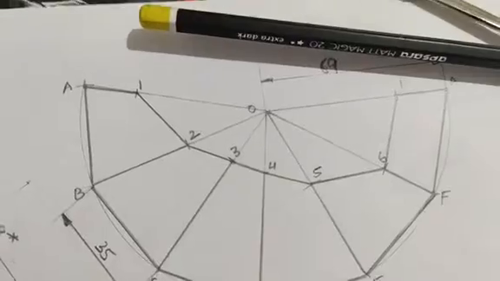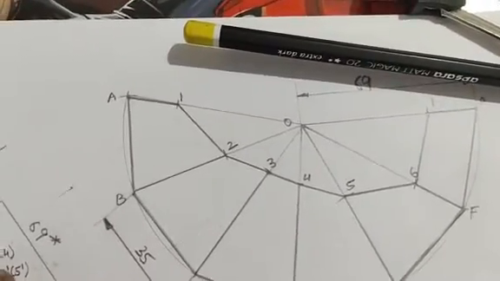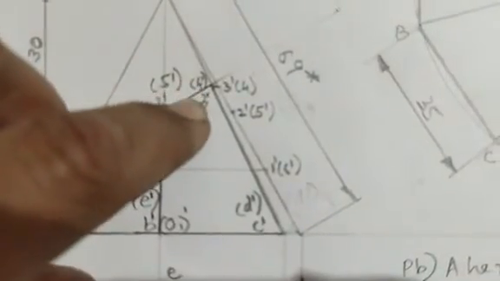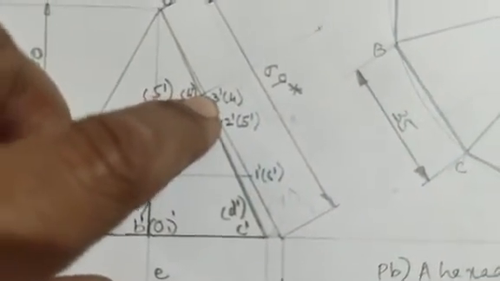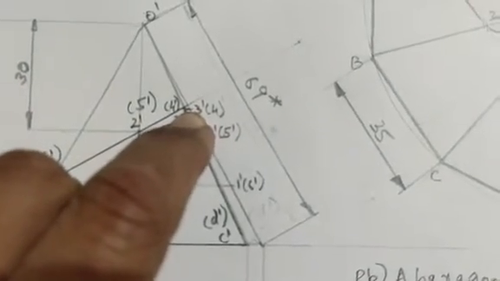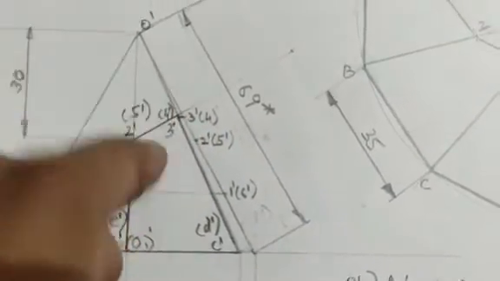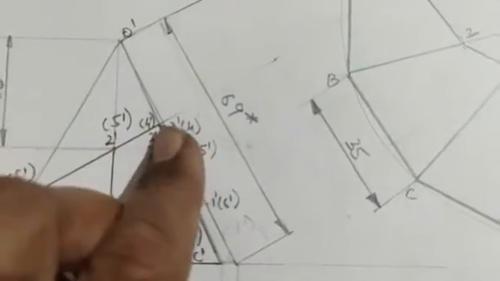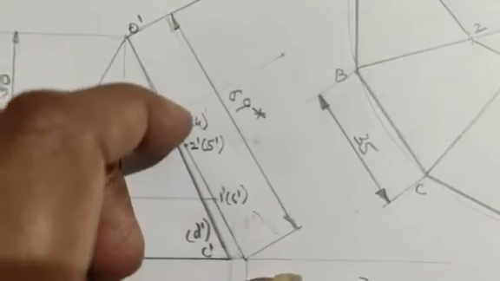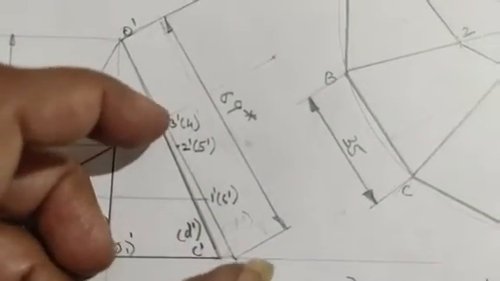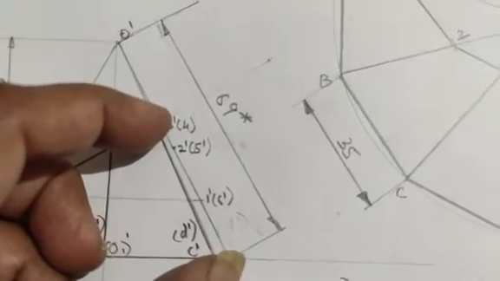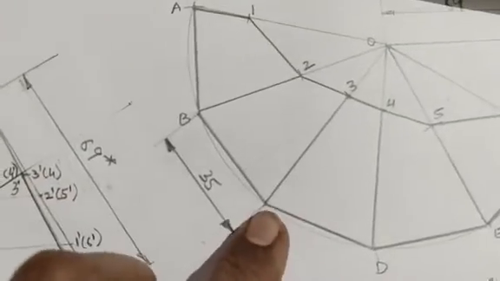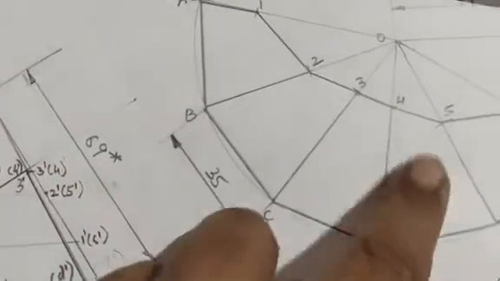Okay. So 3, 4 now. 3, 4. Just see. So this is a very little difference here. 3, 4 is over here. Just draw a straight line. You get a very small straight line here. 3, 4 you have got. The difference is very less. Be careful here. So measure the new 3, 4 length. 3 is on C, 4 is on D. So instead of measuring this length here, you measure the new length 3, 4 on the line which you have made parallel to the vertical plane. So 3 should obviously be on C. 4, same length, 4 should be on D.